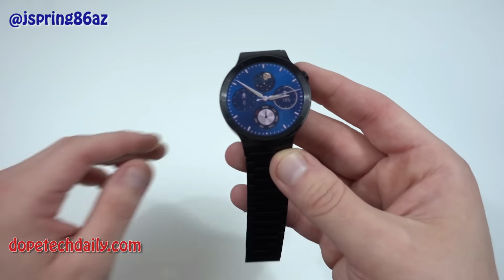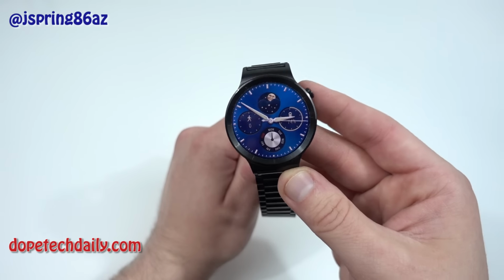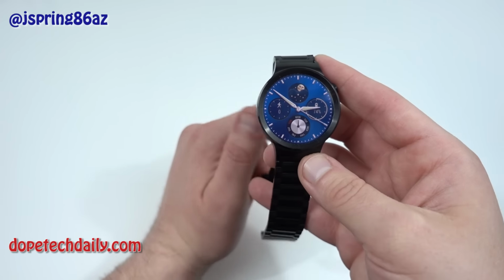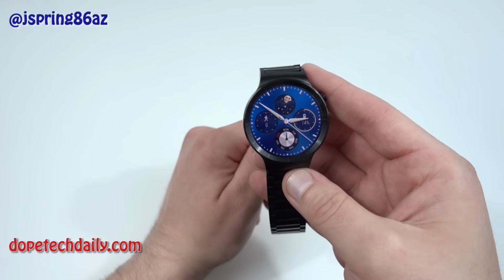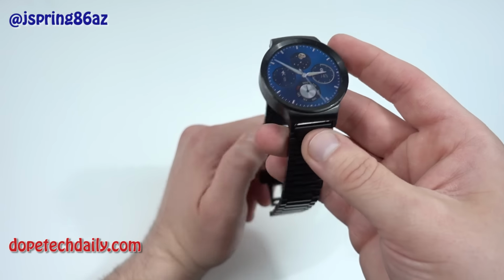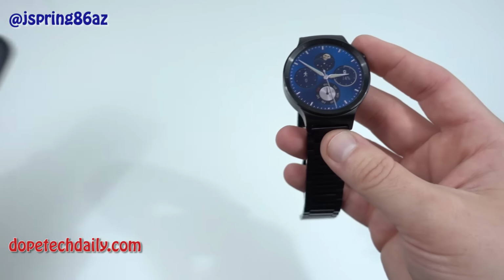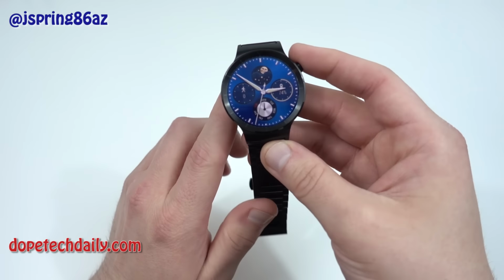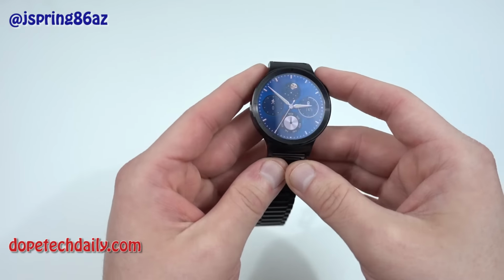The next thing is the battery life. Now obviously battery life is a big deal when it comes to wearables because most of them don't last that long. The Moto 360 I got through a full day easily and never really had to worry, even when I stayed out super late. On this one, it's been a little bit different story. I've had it paired up to my Nexus 6P, just for reference, and I've gotten maybe 16 to 18 hours